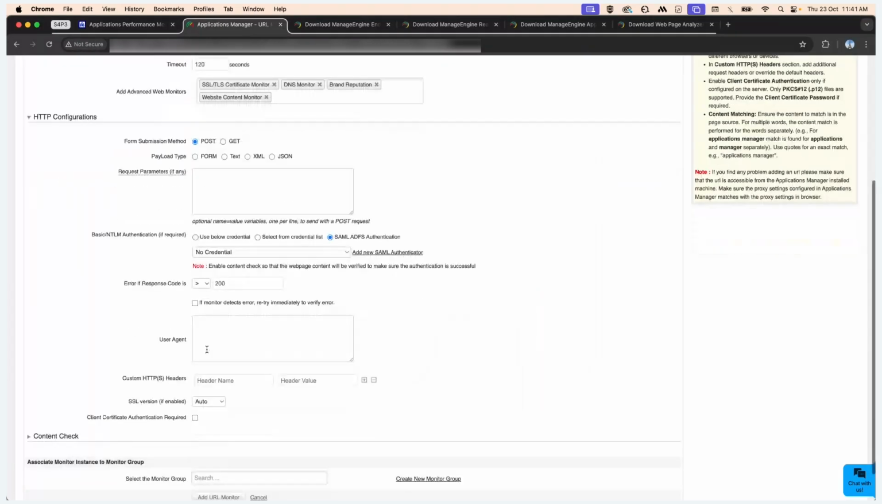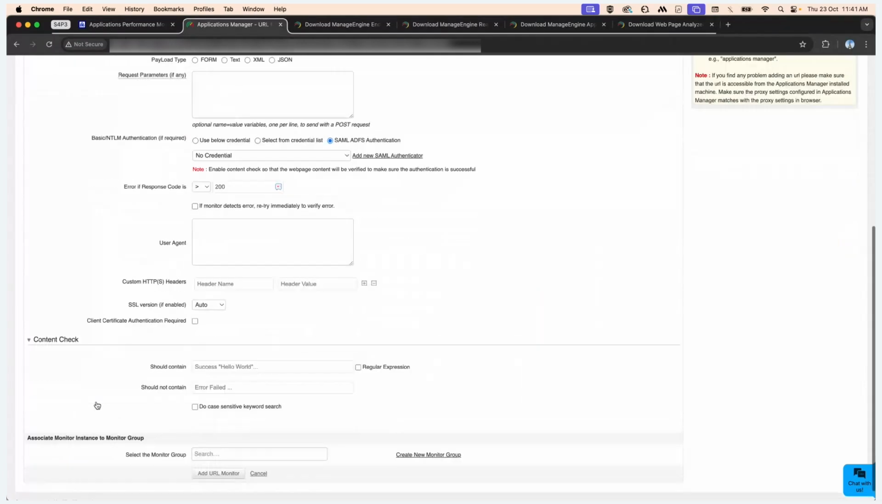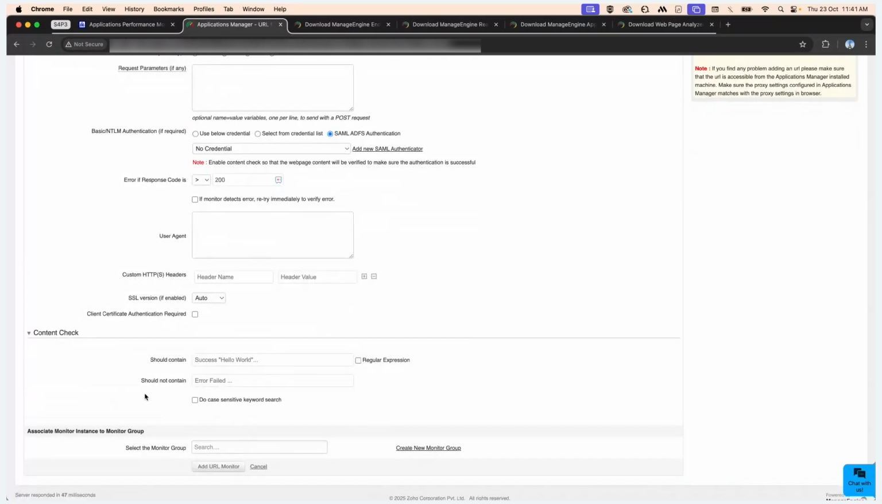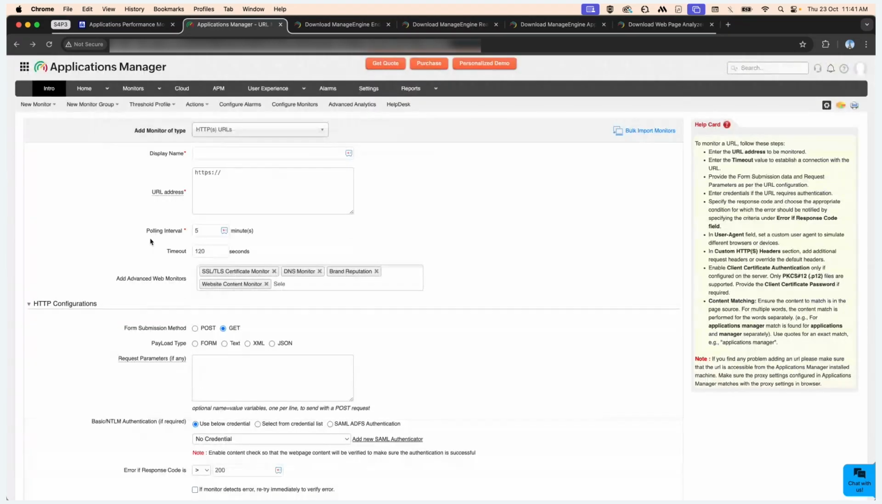Once you're done with this, you can configure a content check here. This is completely optional. Once you're done with this, you can add the URL monitor to an existing monitor group or associate it with a new monitor group by creating it here. Once you're done with adding the new monitor,